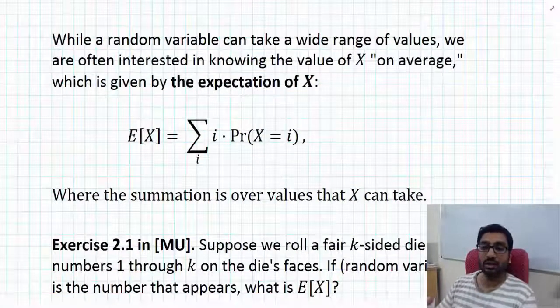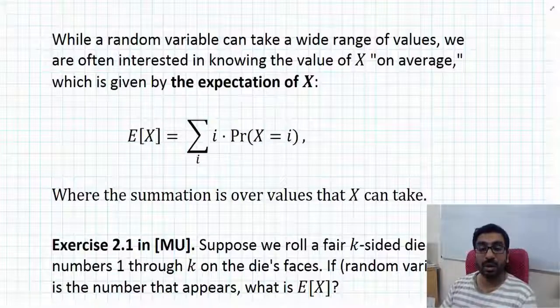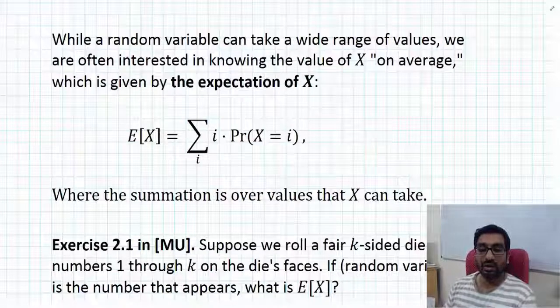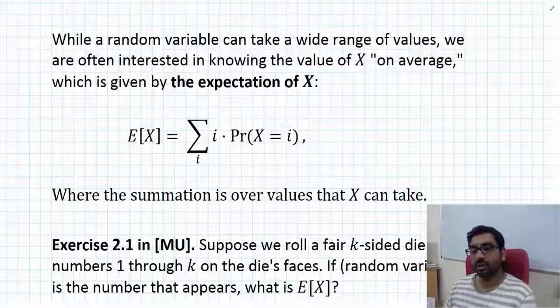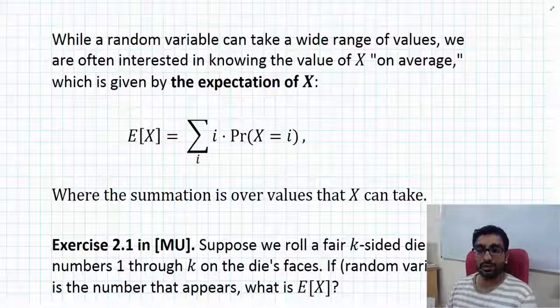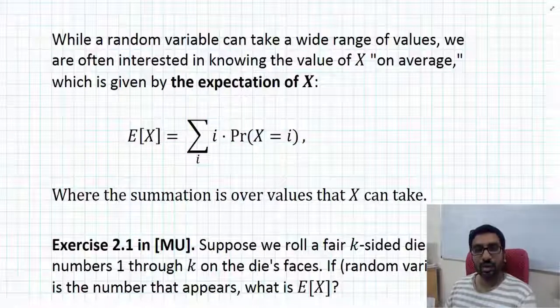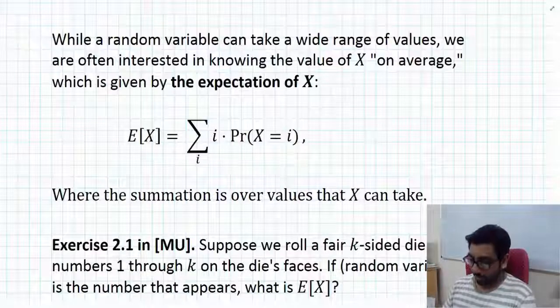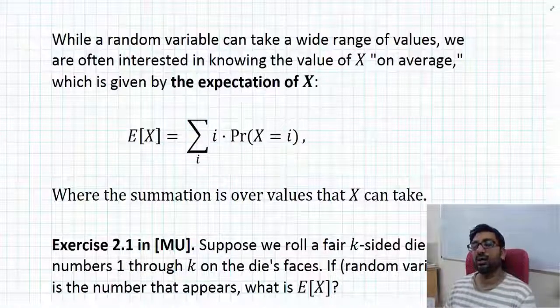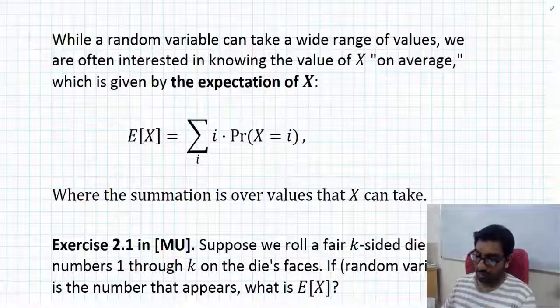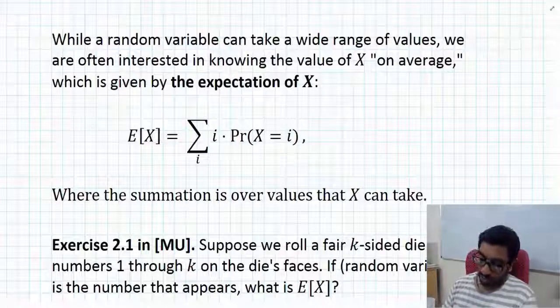So random variables can take a wide range of values. Going back to our example on analyzing the running time of a randomized algorithm, a particular algorithm on a particular input could possibly take a wide range of running times based on the outcomes of random choices made by the algorithm. However, we are often interested in understanding the average running time. What happens on average? And to gain an understanding of what happens on average, we need to use the notion of